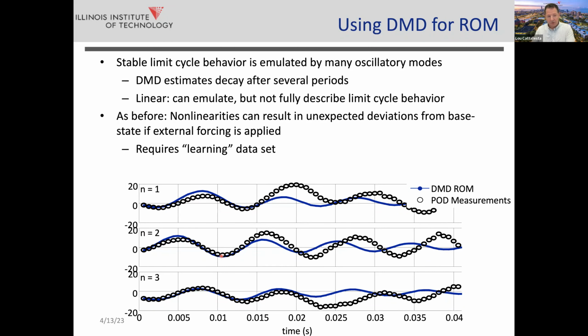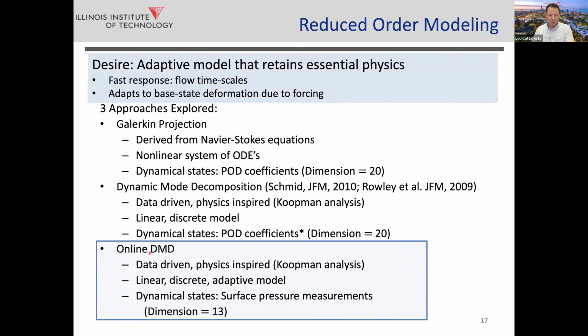And so this is well known to be a problem when you use these sort of projection-based approaches. So it was clear that we needed something that is constantly being fed new data and learning on the fly. So that drove us to this online DMD approach. And so this is physics inspired, as I just illustrated, but it's data driven. And what it will give us, as you will see, is a linear discrete model that will be adaptive on the fly. The states that we're going to use are actually going to end up being the 13 pressure transducer data points that come out of this measurement of the array, okay?